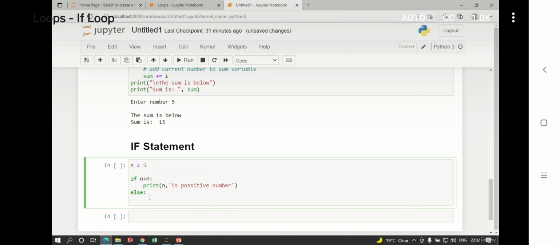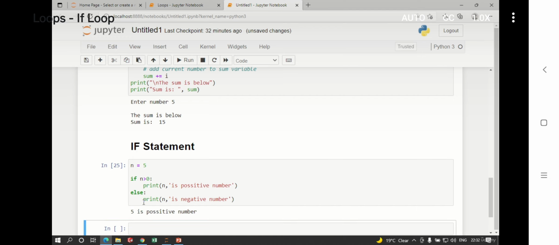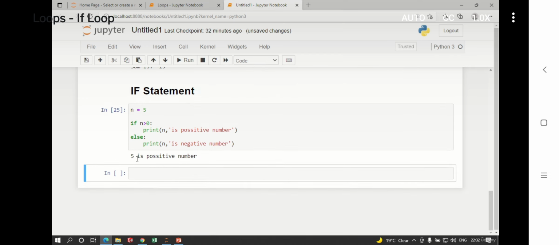So if n is greater than 0, I will print n is a positive number, or else print n comma is negative number. So let's run. As expected, it shows 5 is a positive number, and let's check -5.